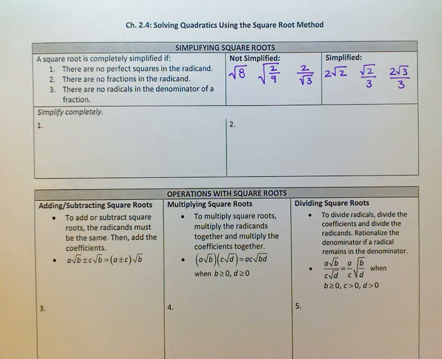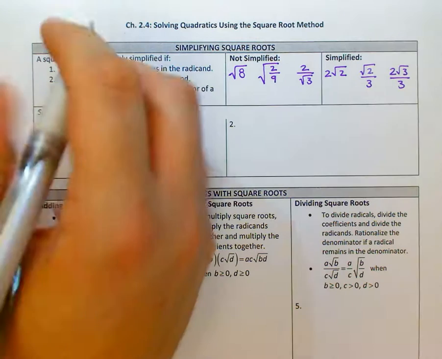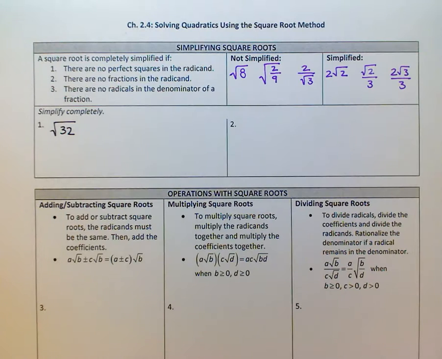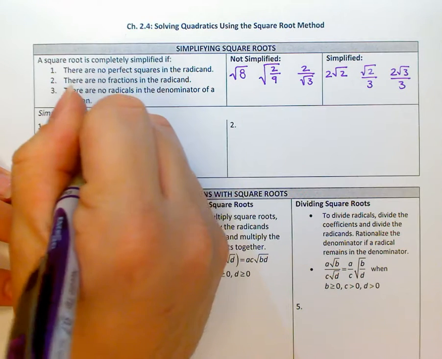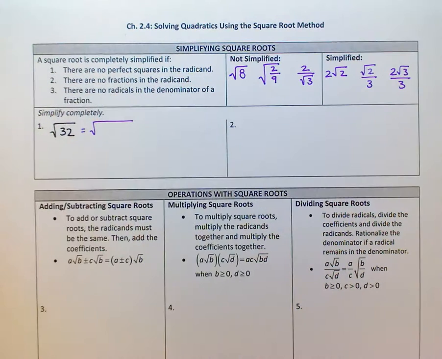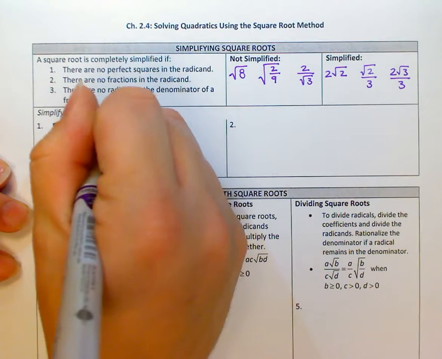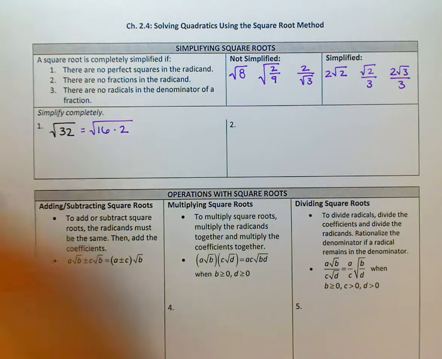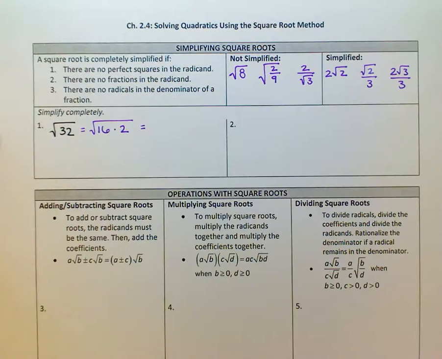So number 1, we're going to start with the square root of 32. Now, some people can just see this and say, oh, the perfect square is, and tell me whatever it is. So, for example, the perfect square here, if you were to look for it, you would know, hey, 2 goes into that, but so does 4, and so does 8. So what's the biggest perfect square? Well, the biggest perfect square is actually 16 times 2, because 16 times 2 is 32, and 16 is the biggest square. So then we would say, oh, okay, well, the square root of 16